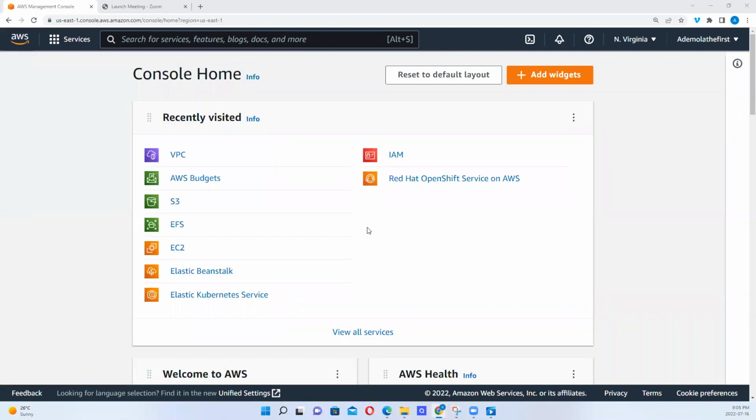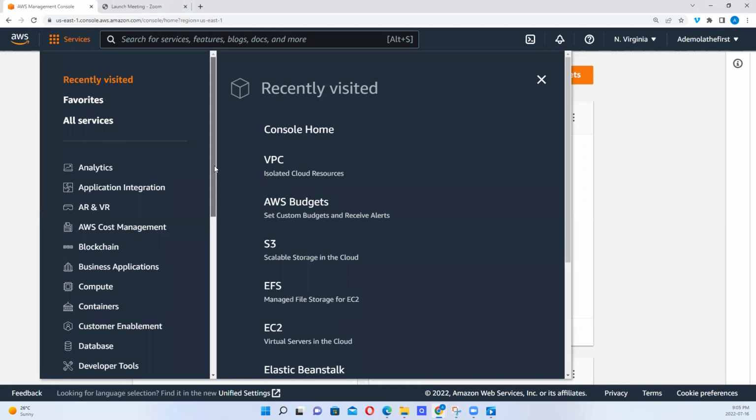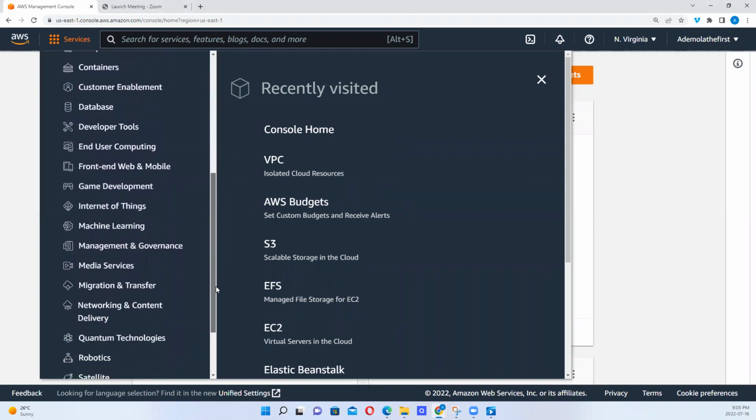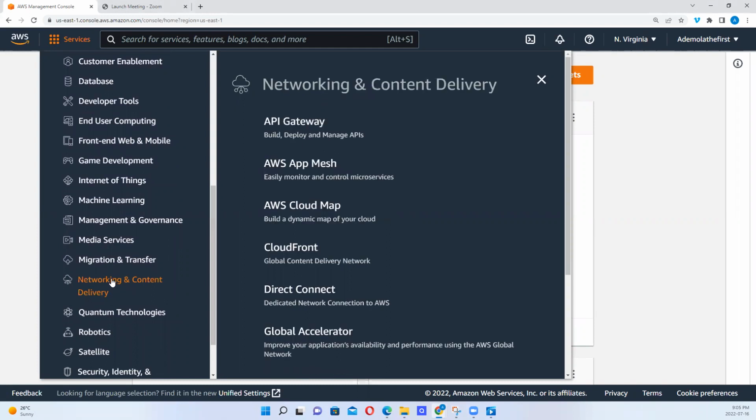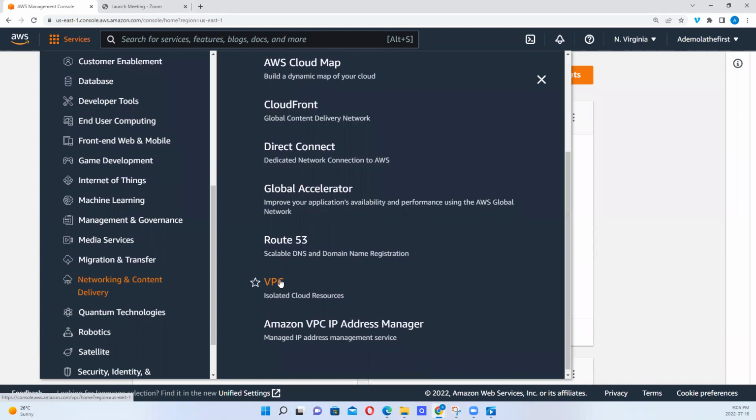We are still on AWS. This time around, we want to look at a service within the networking and content delivery domain, and that is the VPC. VPC is